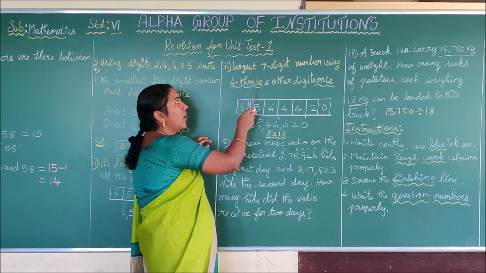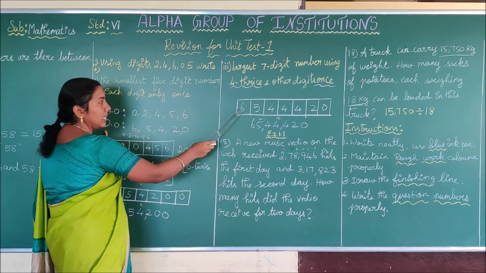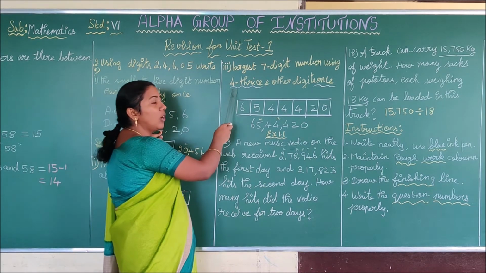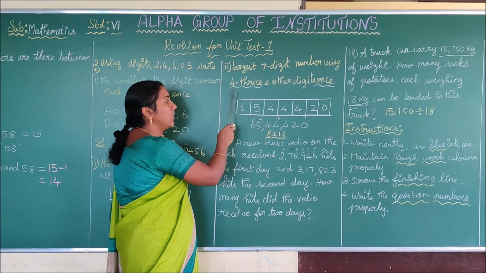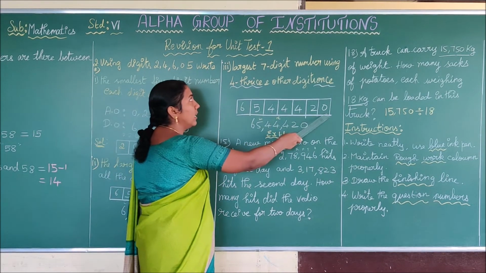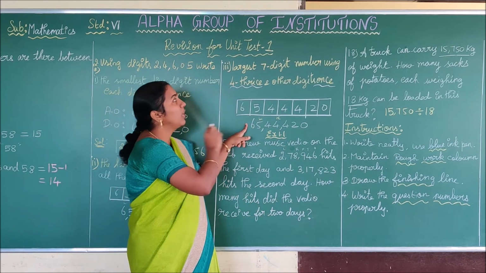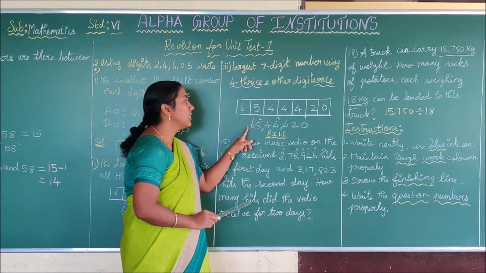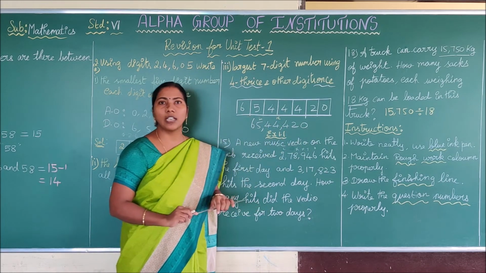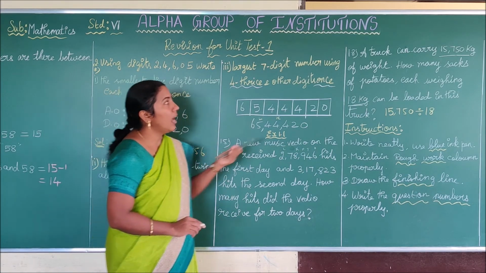Okay. This is the largest, so you have to consider the descending order. First we are writing 6, 5 and then what is the number here? 4. By the given condition you have to write the 4 three times. Thus we are writing 4, 4, 4. And what is the next number? 2, 0. Thus the required largest 7-digit number by using the given digits is 65,44,420. Is it clear, children?